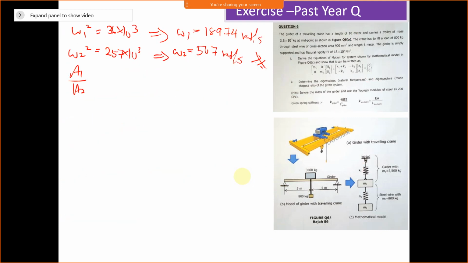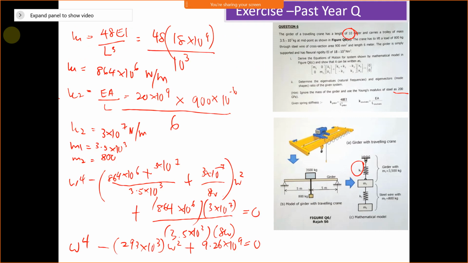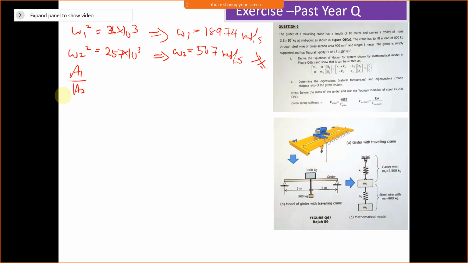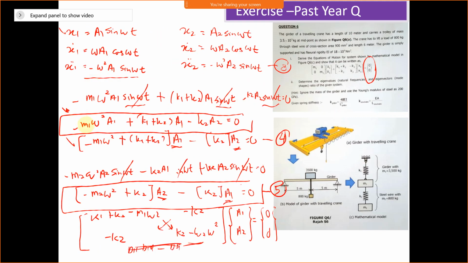So mode shape dia akan ada dua mode of vibration corresponding to omega n1, dia ada dua. So corresponding to omega N1, we'll use this equation lah, the first one. Alright, this is corresponding to omega 1, which is 189.74 yang kita dapat tadi. So mode shape due to that natural frequency. Then so derive balik this equation, dan kita akan dapat A1 over A2 equals to